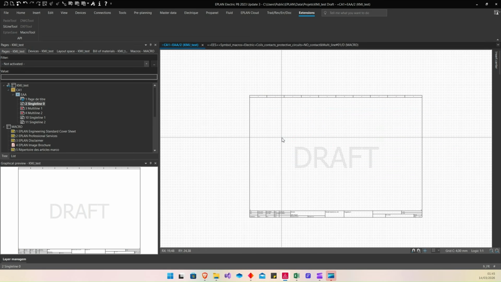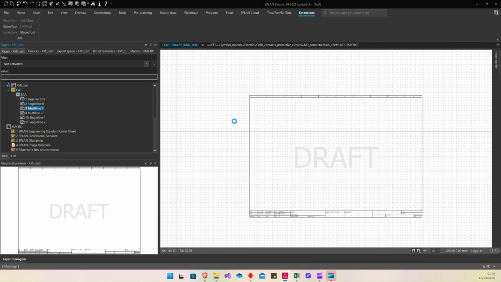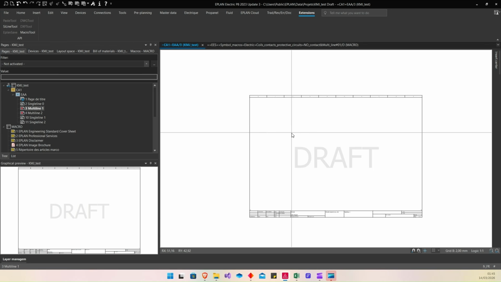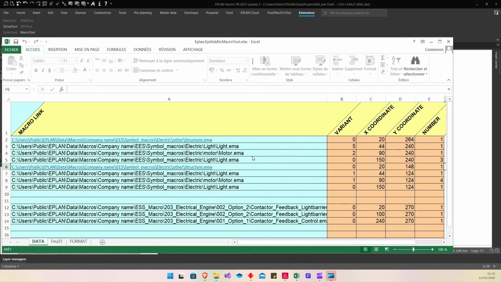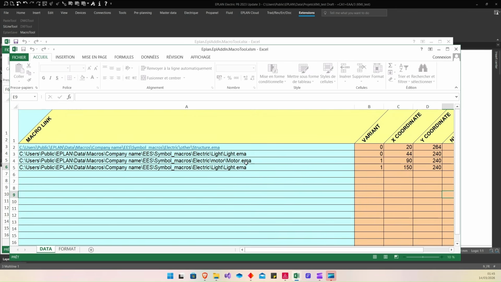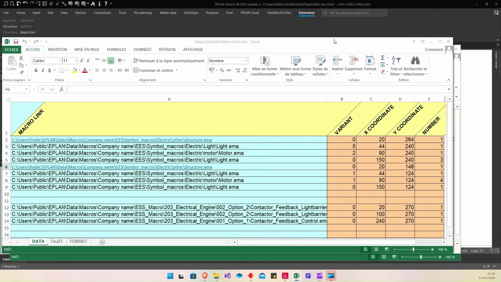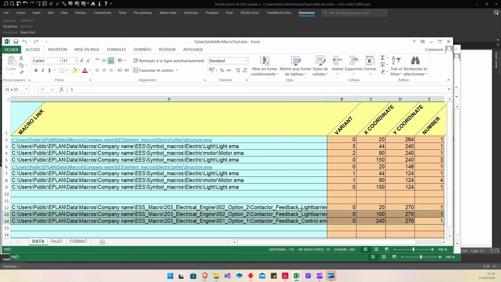Then I will also show you the multi-line case. So again, I configure my macro tool. To save time, I already configured this.